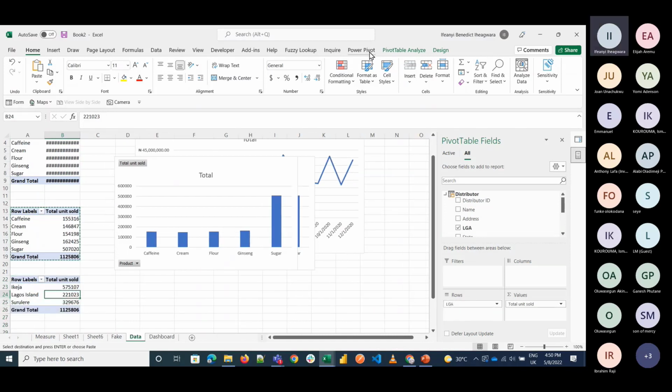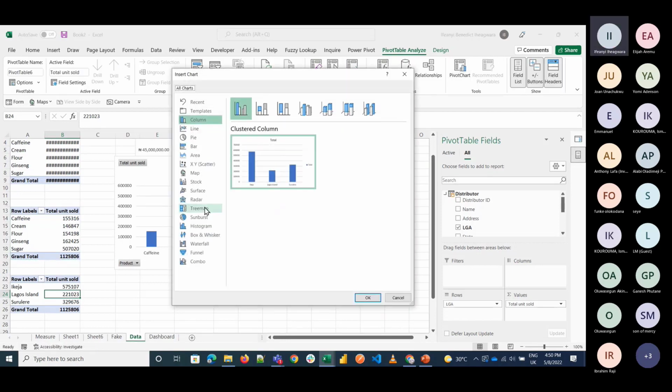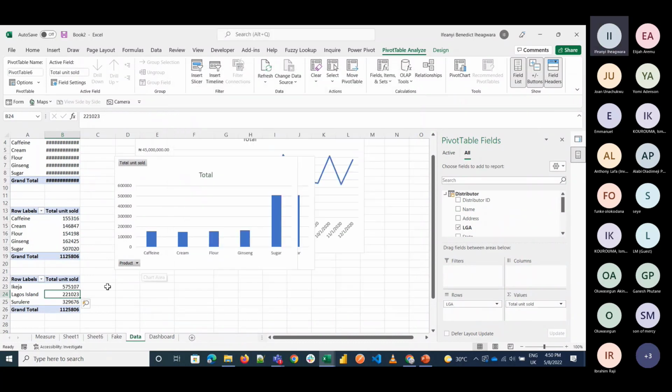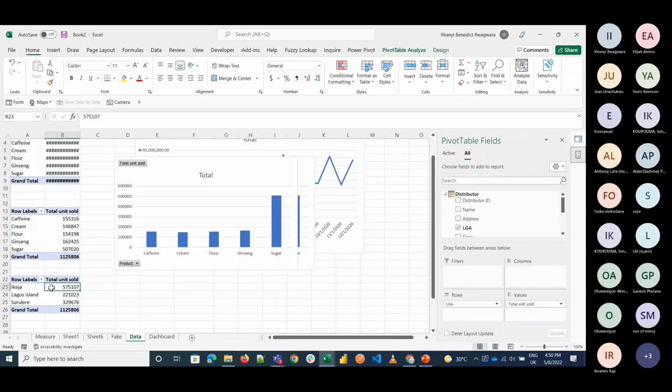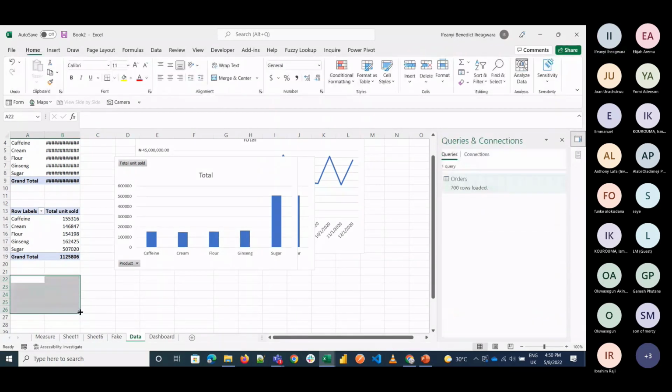Okay, so let me save. I come here and go to pivot charts. For example, let me save map. I can say map pivot. I have this,